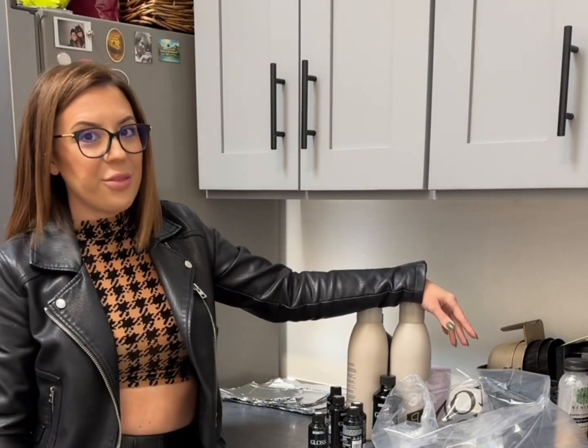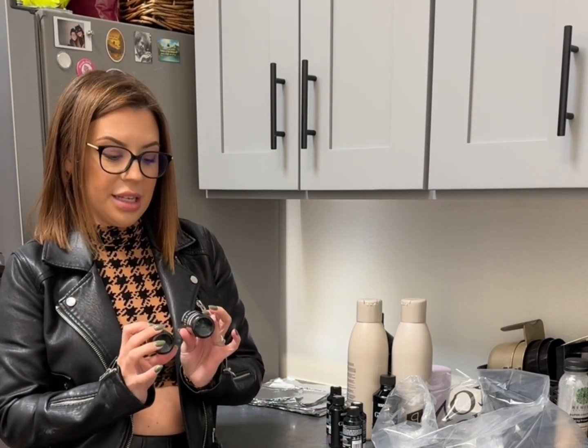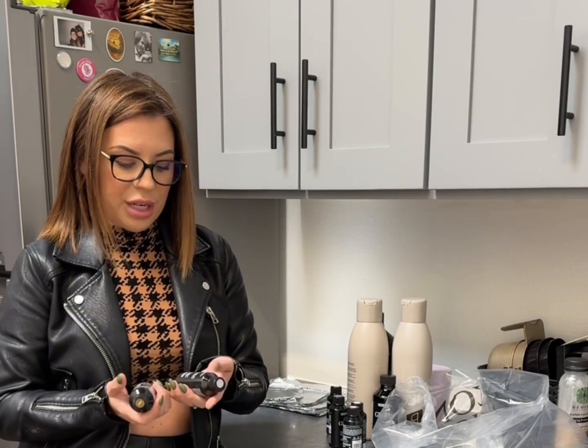Okay, so I'm trying out Kevin Murphy's color line today, specifically wanting to try their glosses. We had a rep in on Friday, and one of the things that caught my attention is the mixing ratio. You can either mix it 1:2 or 1:1. So I grabbed a couple of my favorites in the colors that I know I'm going to be using on